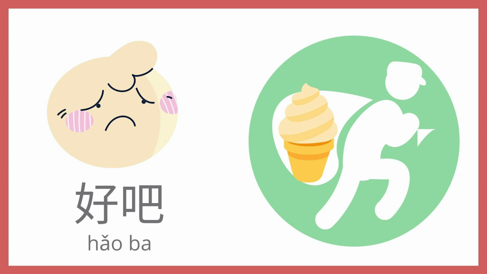But if you were reluctant, that's when you would add the ba, 好吧. That isn't the only way to use ba. In fact, you can actually use it in a totally opposite way, but going into all of the nuances of these fifth tone words would be an entire video in itself, and we still have a lot of other things to go through. So let's go through them.